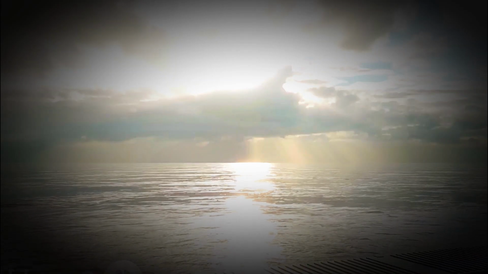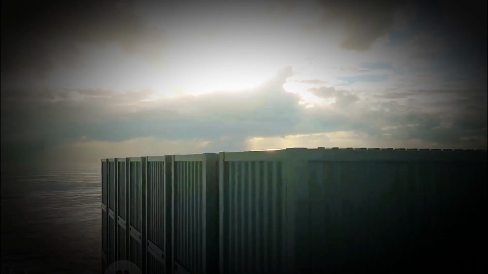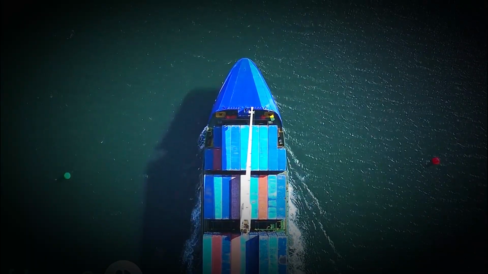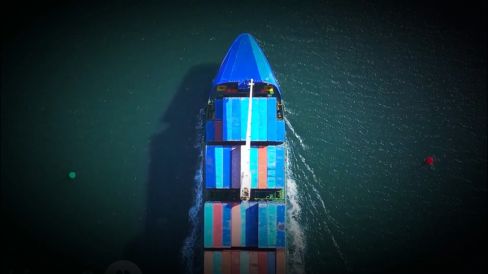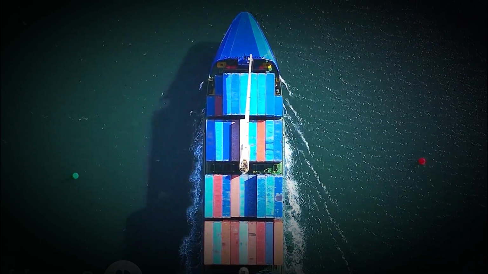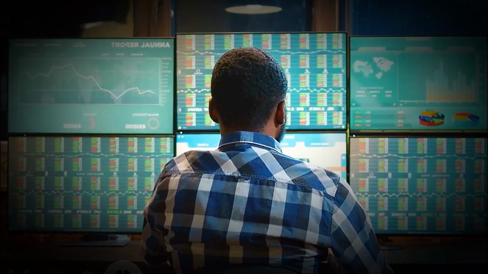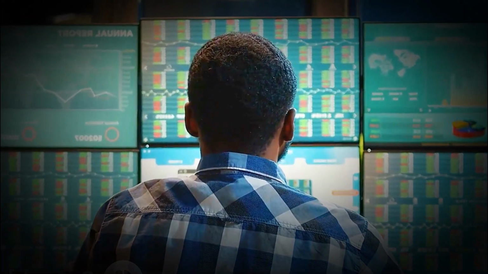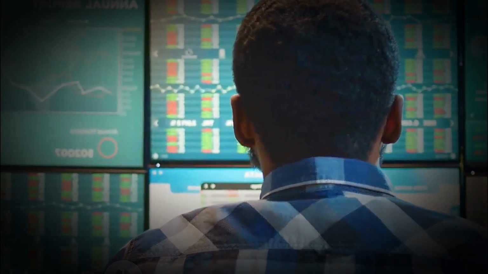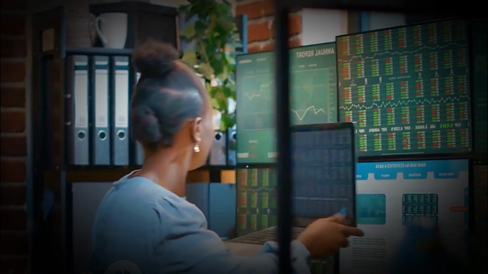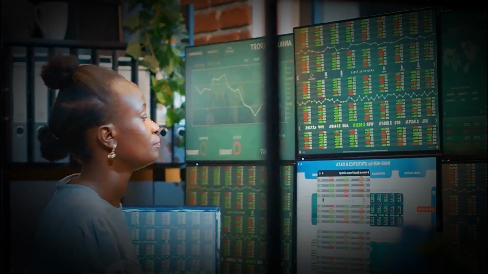The dollar's role in international trade is also significant. Most international trade transactions are priced and settled in dollars, making it an essential tool for businesses around the world. Whether it's buying crude oil from Saudi Arabia or selling smartphones in China, the dollar is the currency of choice. In the realm of global finance, the dollar is king. It's the most widely used currency for international borrowing and lending. Central banks around the world hold trillions of dollars in reserves, and major corporations issue bonds in dollars to attract